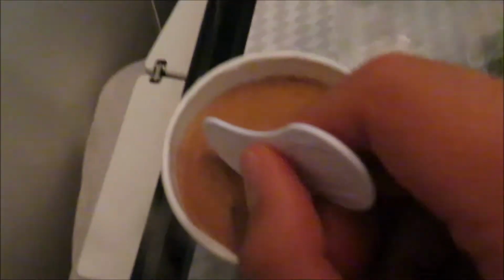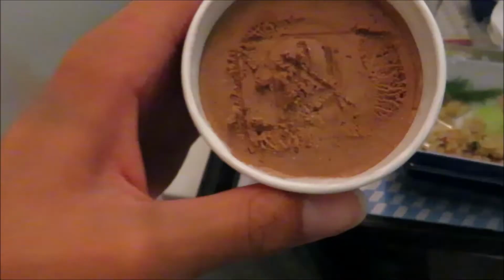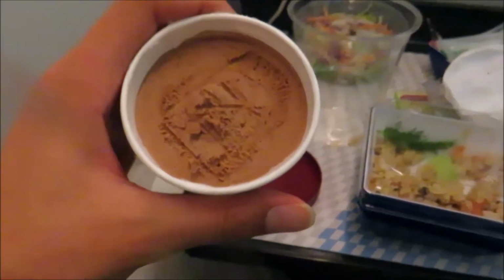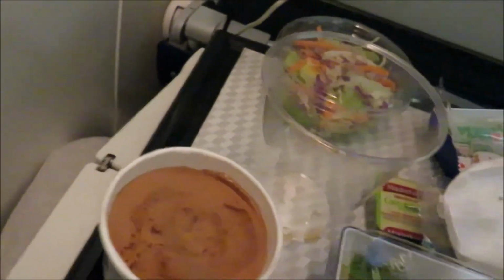Of course, the rock solid part doesn't affect how patient I am, and I started trying to get some off with my spoon, which as you can see, didn't go too successfully. As you can see, I did get some off and ate it, and of course it tasted awesome. However, I think this might be due to the fact that it's ice cream,